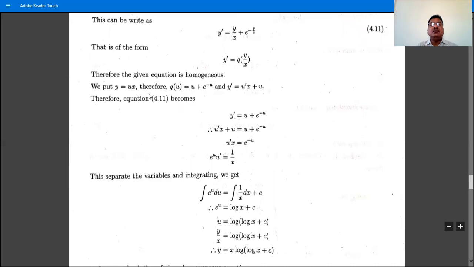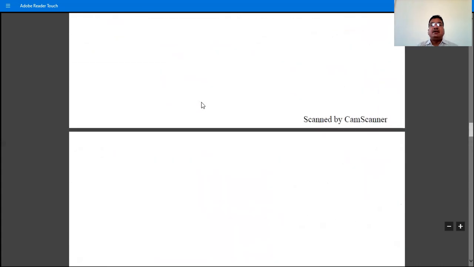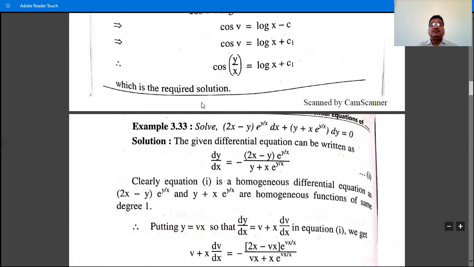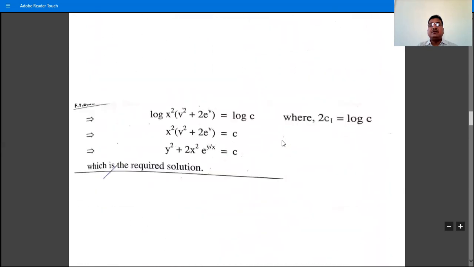Here, instead of v, the notation is u. So dy by dx is what? Dy by dx is v plus x dv by dx. Similarly, apply these notations: substitute y as vx, then dy by dx is v plus x dv by dx, and then the given differential equation becomes